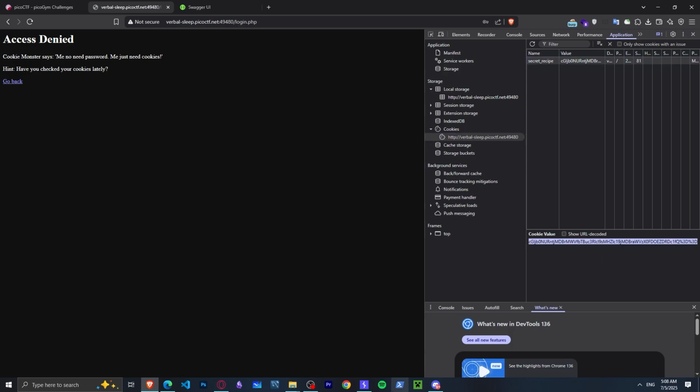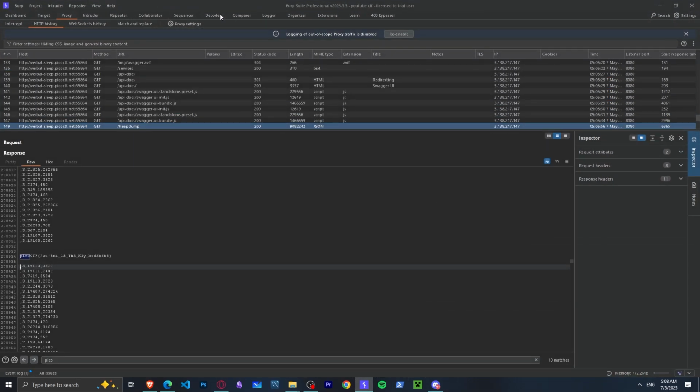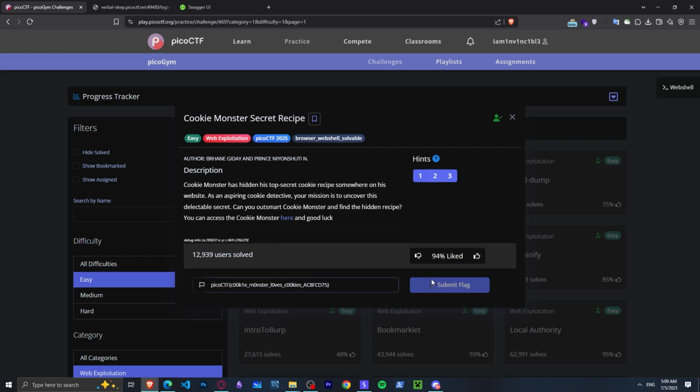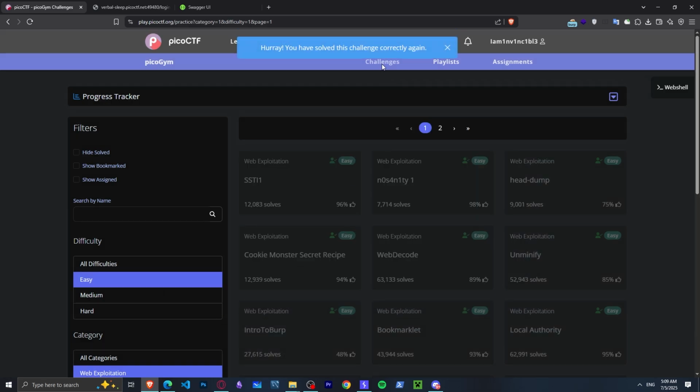Okay, something is URL encoded right there at the end. Let's go to Burp Decoder. Let's try to decode this first. I think this is base64 and the other characters are the equal signs. But let's see the code as URL. Okay, I was right. So we're gonna go and replace this with this, and we can decode it as base64. It's solved. Let's go and submit this, and yay,